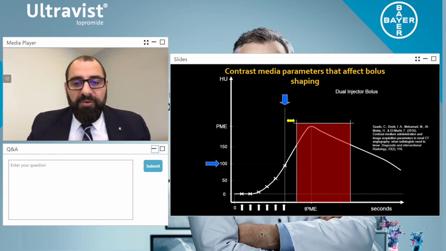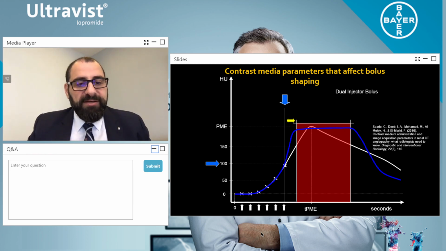So as we go along, when we give saline, what it does is, if you can see the blue line on the image, it pushes my contrast and it maintains my peak contrast enhancement. So not only is this a safety tool by using saline and the dual barrel, okay, remember you need 2 syringes here with your injector, not 1 syringe. You need 2 syringes. This saline then allows the contrast to stay at peak contrast enhancement over a longer period of time. And what happens then is it also pushes the contrast in order to distribute it equally and evenly throughout the liver.